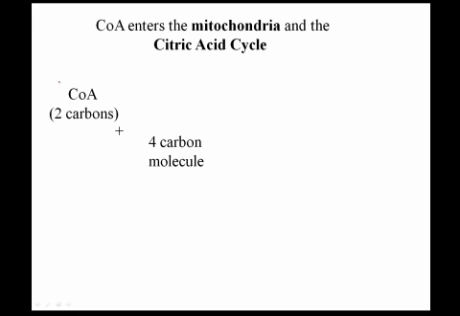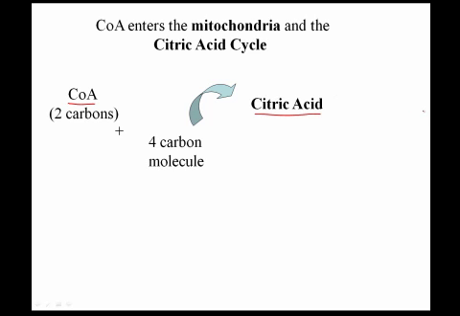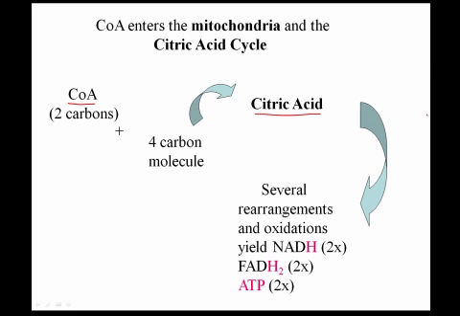So here a little simple diagram that represents the acetyl-CoA. That's a 2-carbon molecule. In the first step, it is added to a 4-carbon molecule called oxaloacetate. And this produces a 6-carbon molecule called citric acid. So this is the molecule from which the cycle derives its name. This 6-carbon citric acid is going to undergo a number of rearrangements and oxidations. There are several steps in this cycle, but ultimately the citric acid gets converted back into this same 4-carbon oxaloacetate